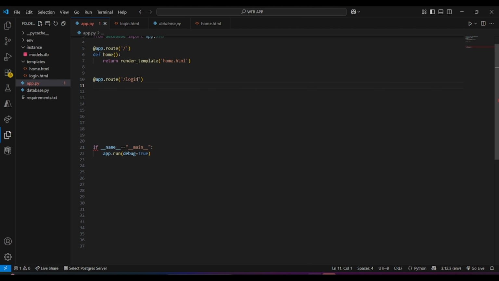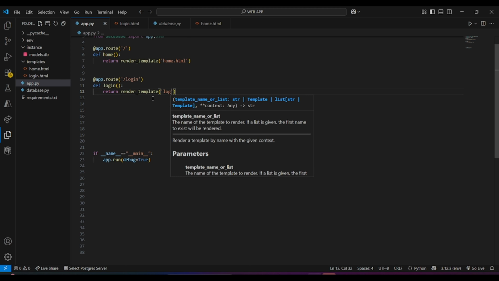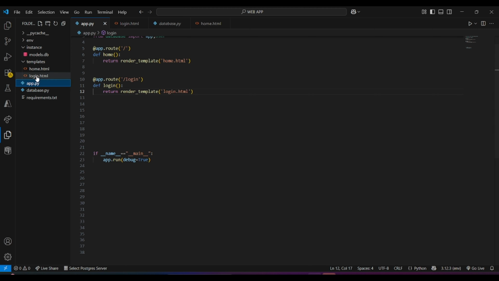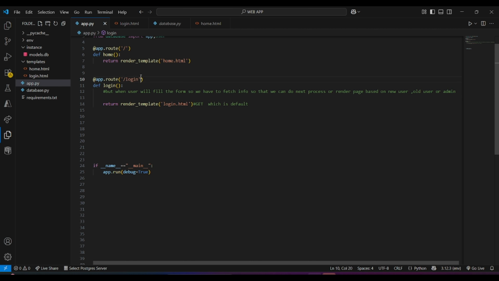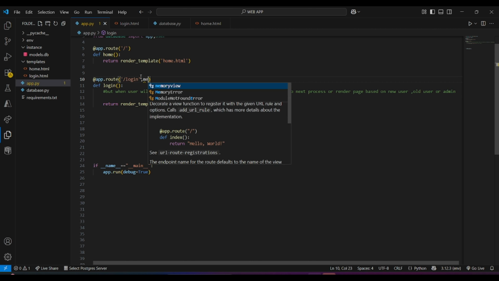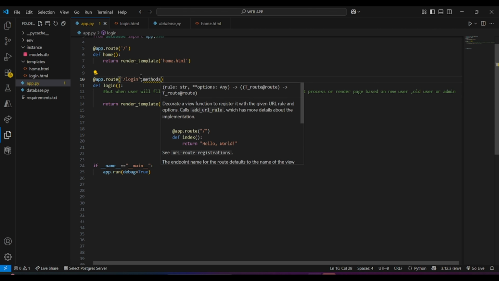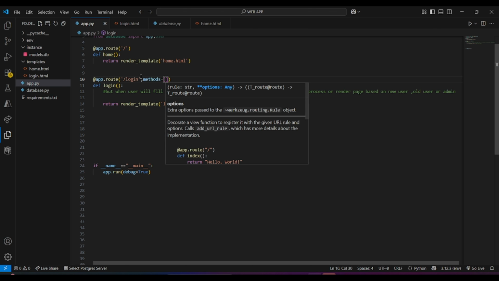Next, I am defining a route for login that will return login.html on a GET request, which is the default method for loading pages. But think about it for a second. We are building an app and we need to check who the user is. Earlier, I explained that we have two roles, admin and user.